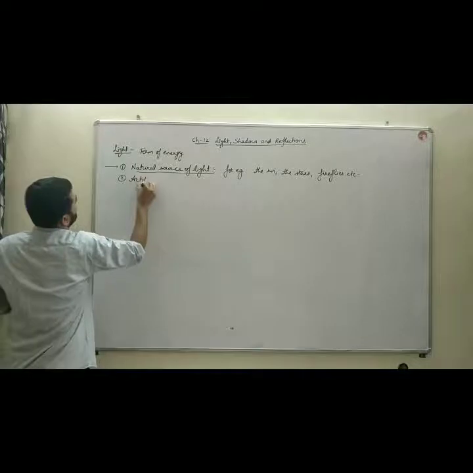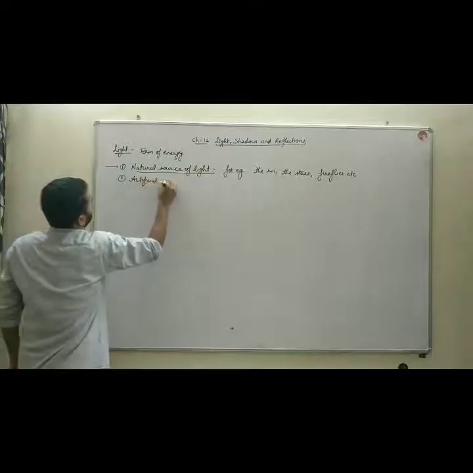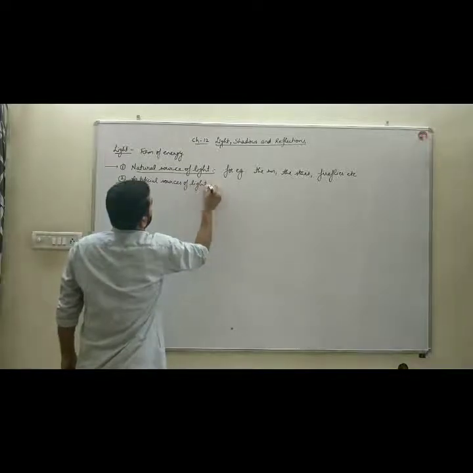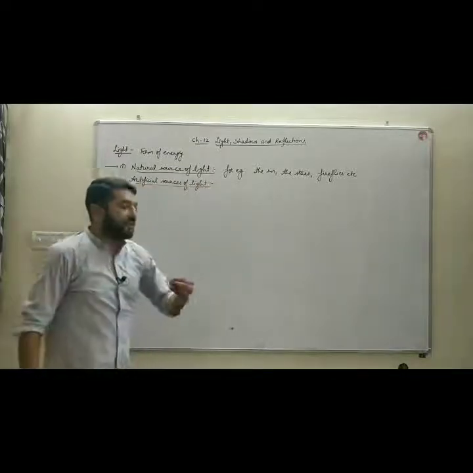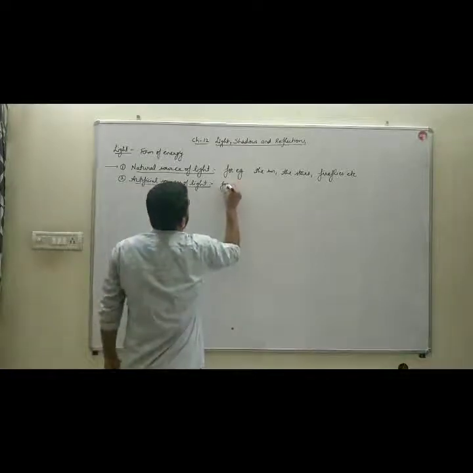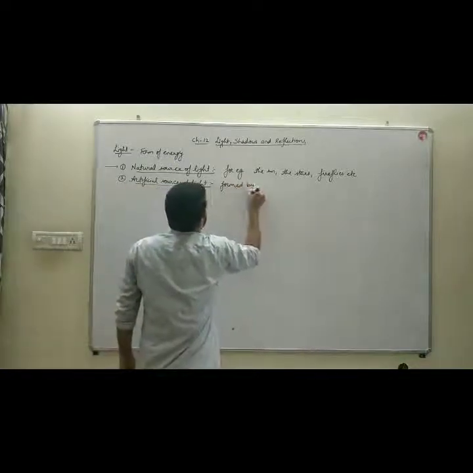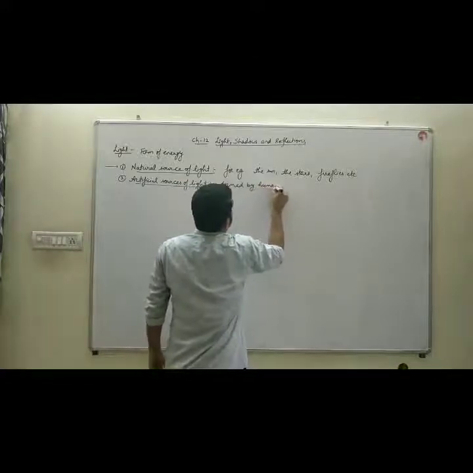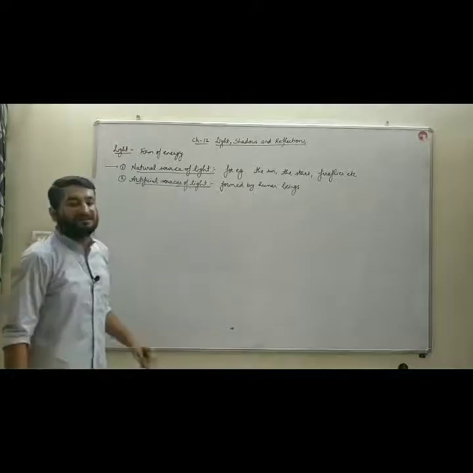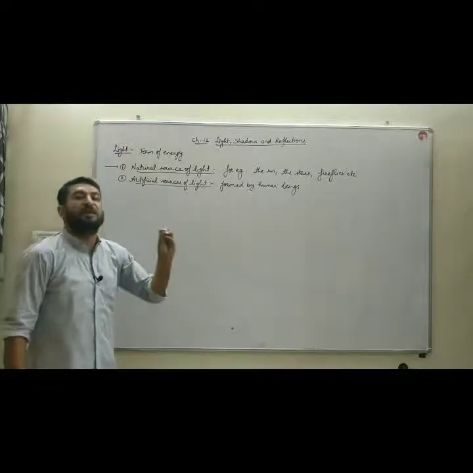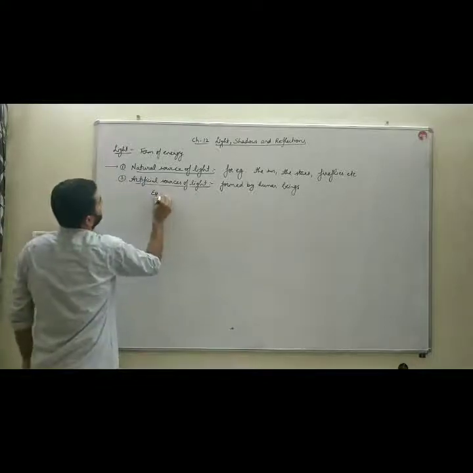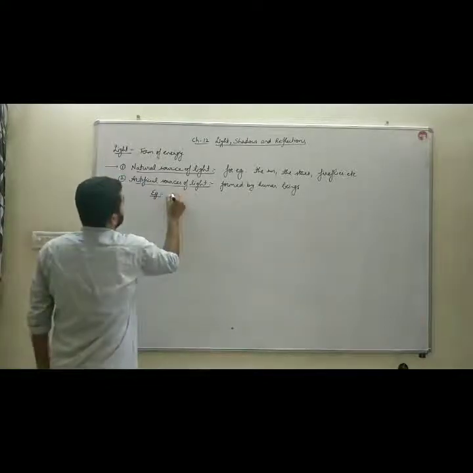Second one, the artificial sources of light. The source of light which emits the light, and which is formed by human beings for their well-being, for their use. Those sources are known as artificial sources of light or human-made sources of light. Examples are tube light,